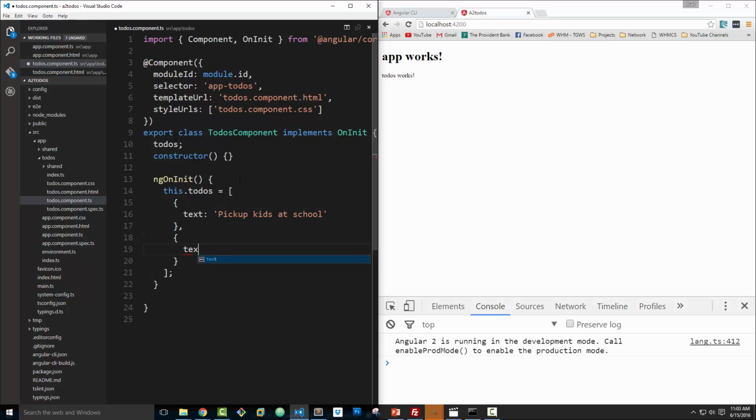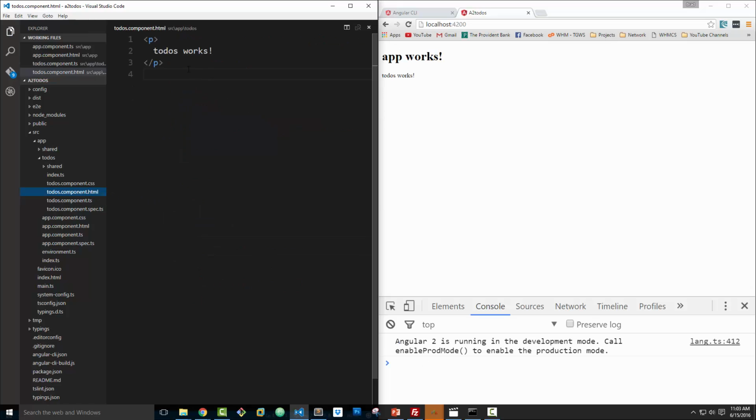Let's see. This one will be meeting with boss. And dinner with wife. Okay, so we have a couple to-dos. Now let's go ahead and save that, and then if we go to our HTML file, we'll get rid of this, and let's create a heading, say to-do list,